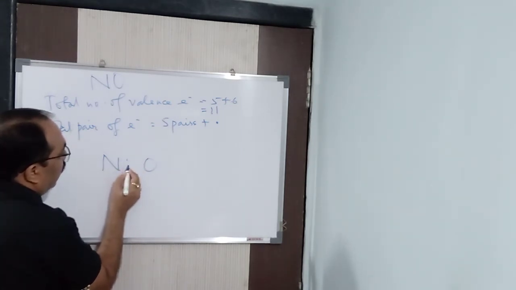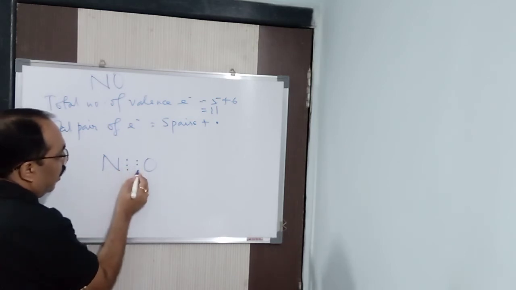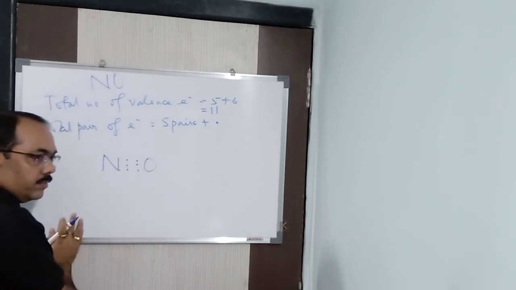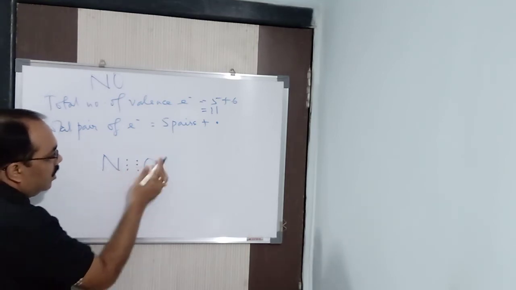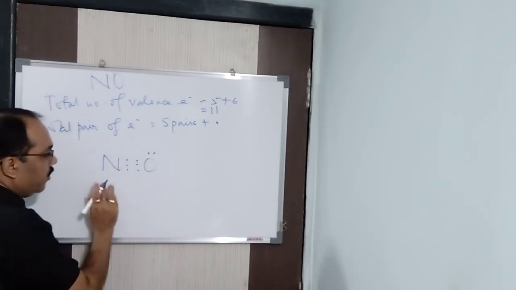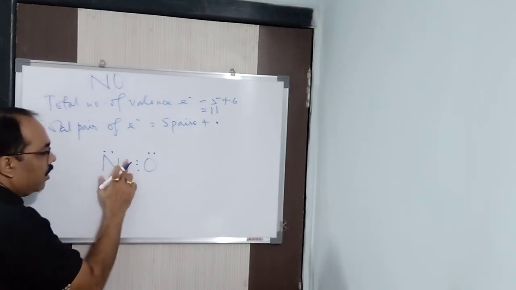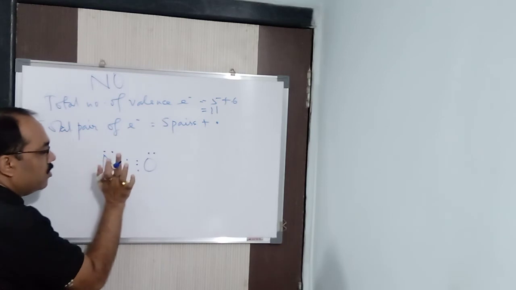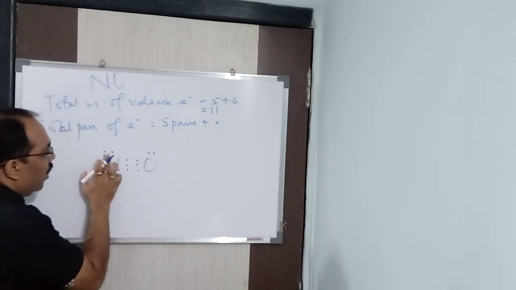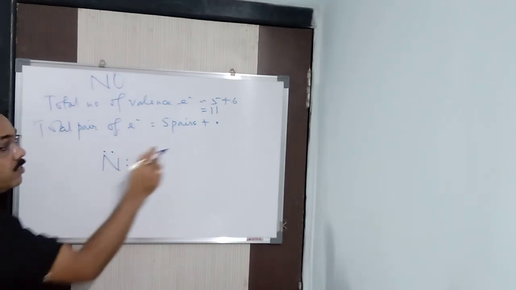Now see here. Nitrogen, 1, 2, 3, and 1, 2, 3. Maximum I will give it. So nitrogen is 6. Oxygen is 6, so one more pair it requires, making it 8. Oxygen is satisfied. Nitrogen will also get one more pair, making it 8. Nitrogen is also satisfied. Now, how many pairs did you get? 1 pair, 2, 3, 4, 5 pairs. Done. But 1 electron is still left.